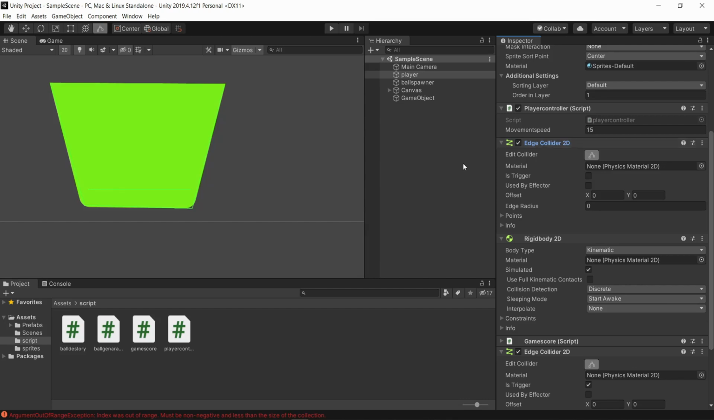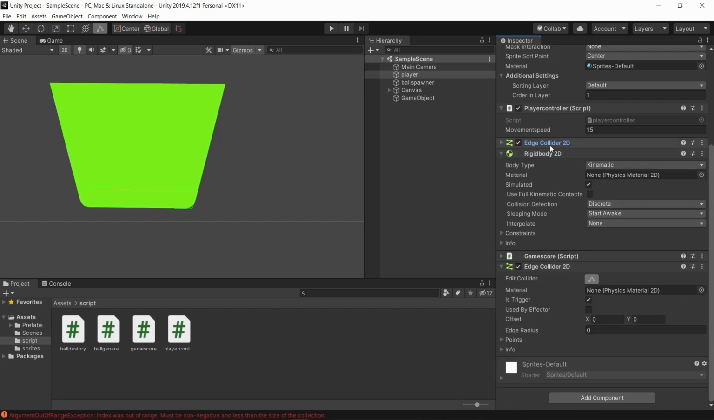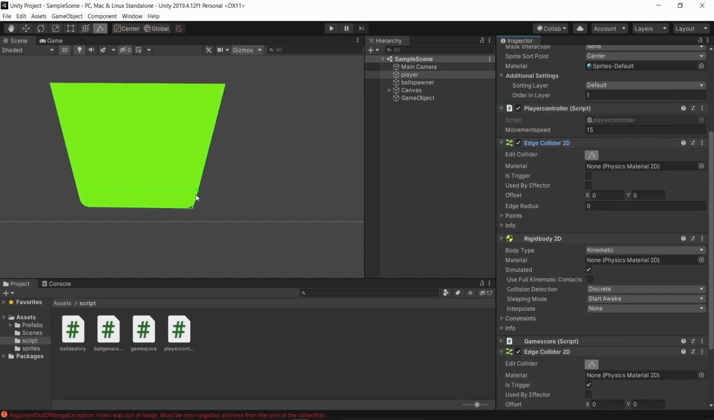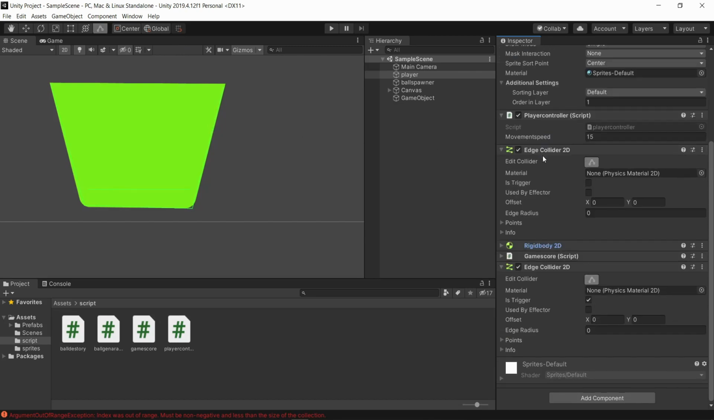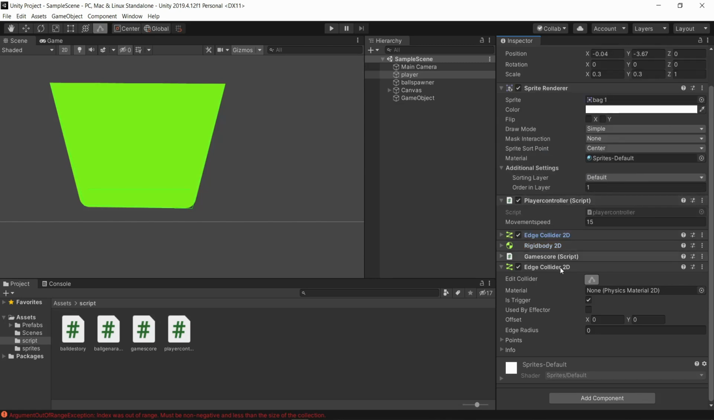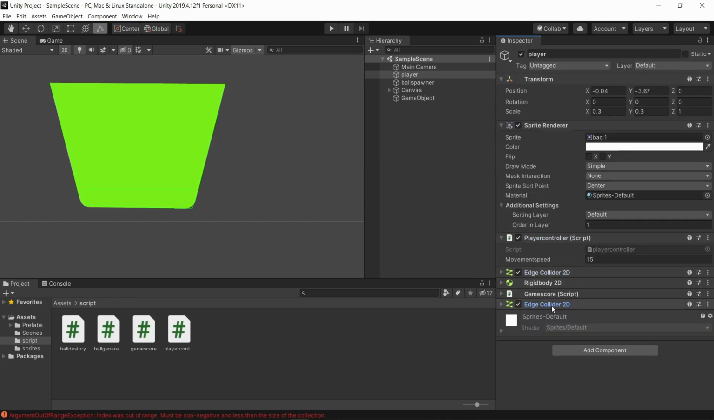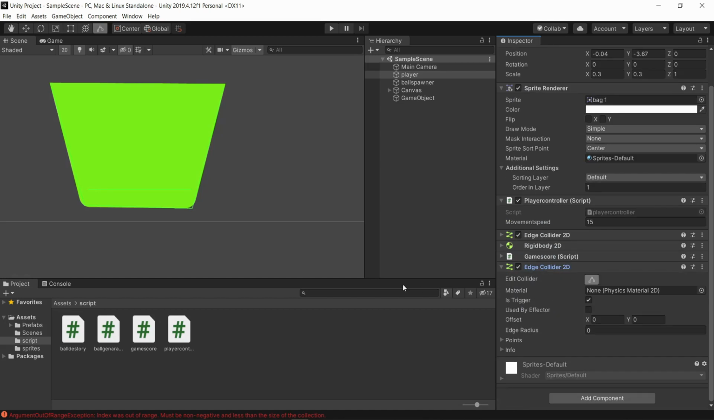Firstly, for our player sprite we add an edge collider, which we use to make the outer line for the player, so that the balls can detect where the wall edges of the cup are. And then we add Rigidbody 2D, which gives physics to our player. Then we add another edge collider 2D,